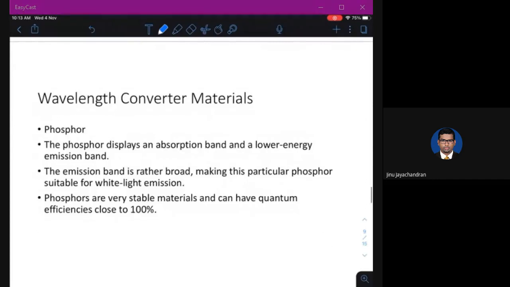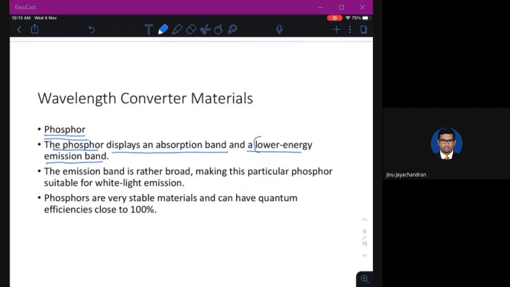Among the commonly available wavelength converter materials, the most common is phosphor. There are other materials like dyes and other semiconductors, but the most commonly used is phosphor. The phosphor displays an absorption band and a low energy emission band. It has a range of wavelengths it can absorb, which gives the absorption band, and a range of wavelengths it will emit, which gives the emission band.